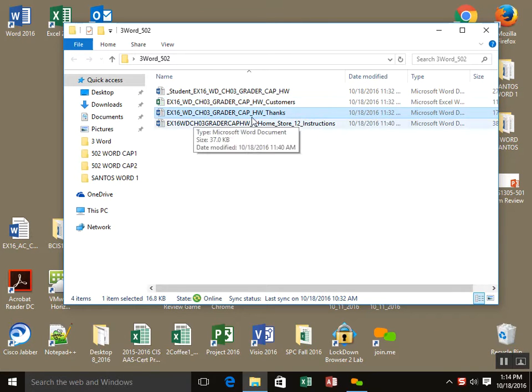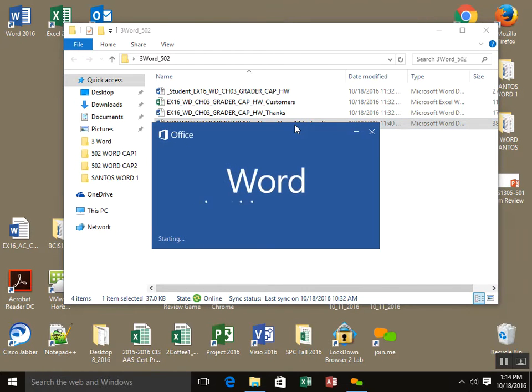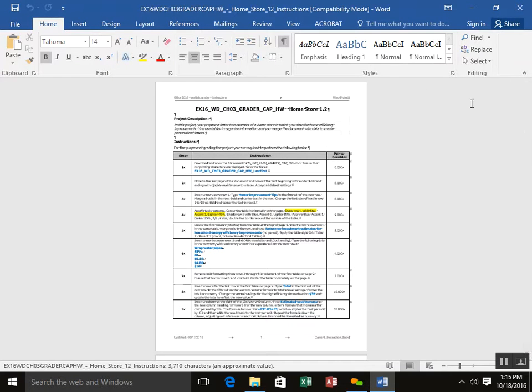The next file, look how similar these files are named. There are 3 files named almost exactly the same. One has the word thanks at the end. That is the document we will be inserting for a letter, okay? But we won't use that one first. And then beneath, Home Store 12 instructions are the steps we'll be doing with our mail merge today. So one of the things it talks about first is